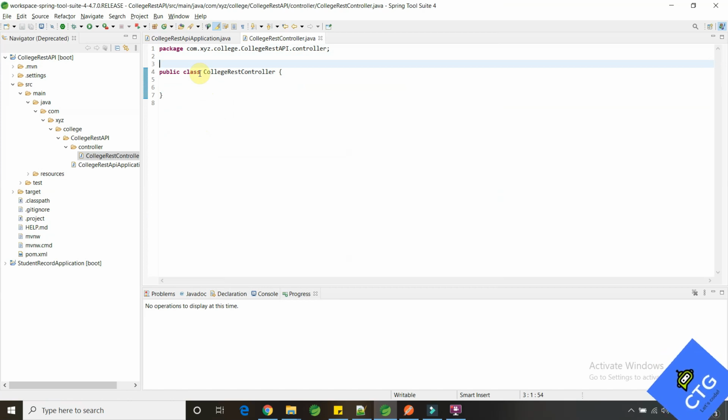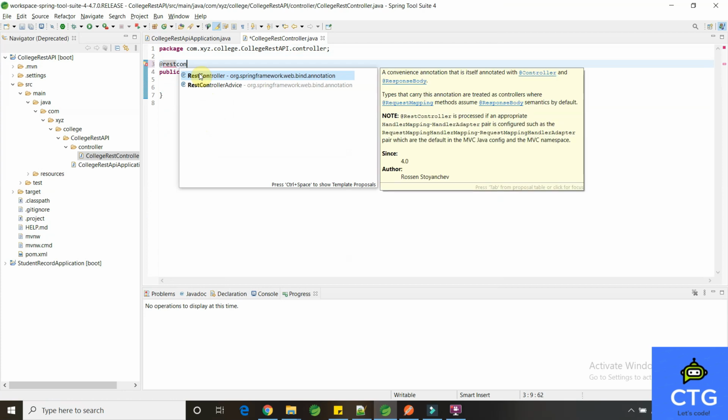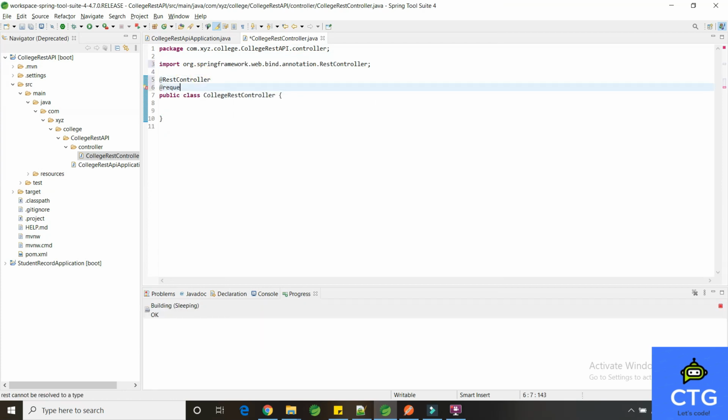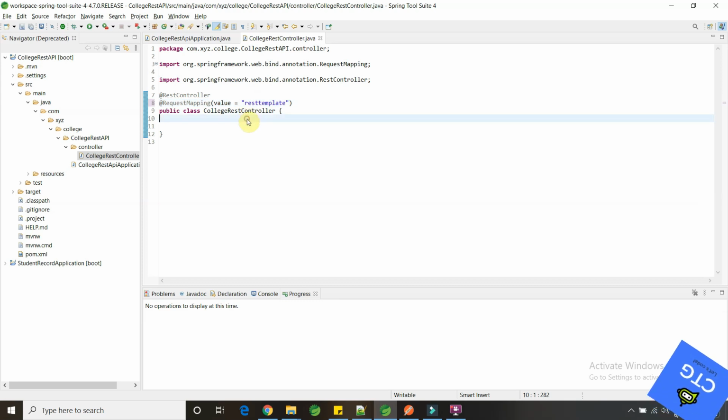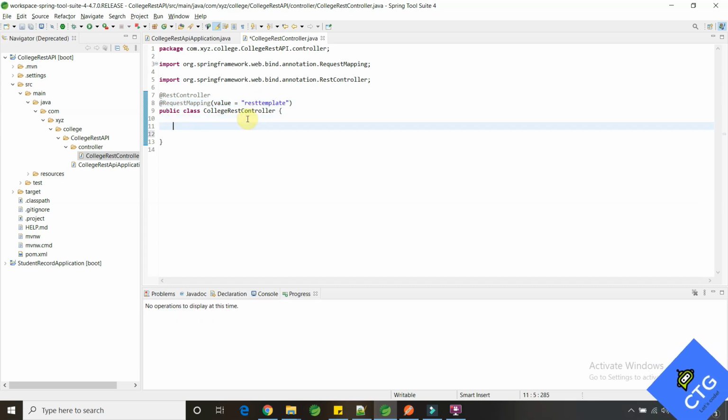For that, we have to create a REST controller here, @RestController and @RequestMapping. Let's name this college, or else we can name it REST template itself, for a better naming convention.